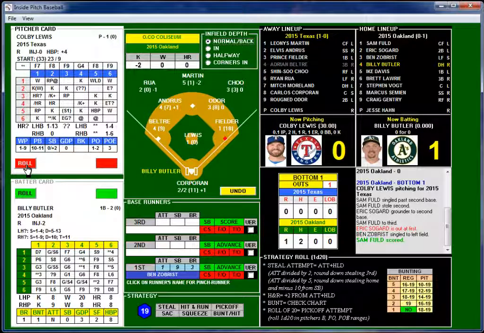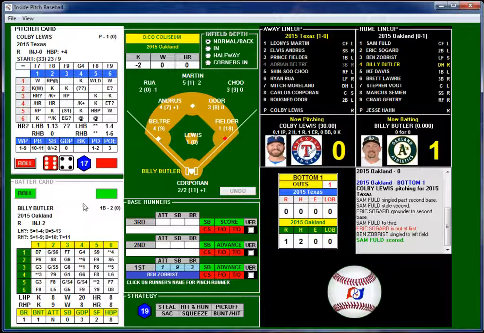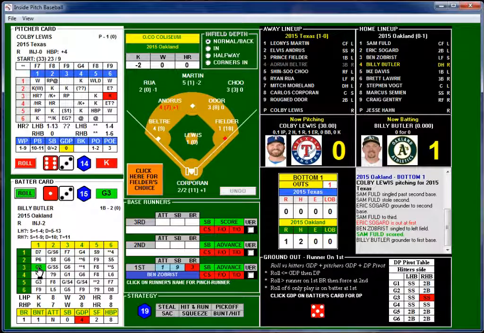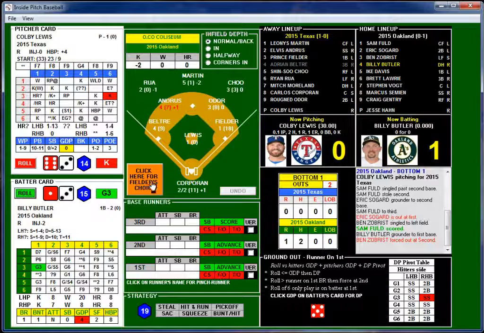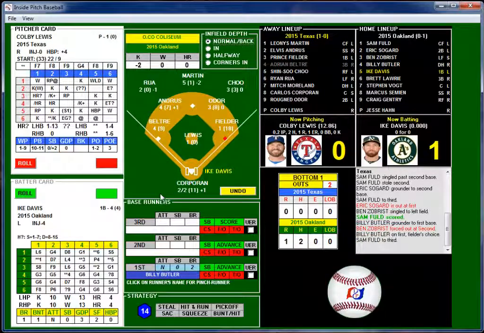And man on first. 6 and 3 is, again, no strikeout. 1-3, a ground ball to first. Trying for the double play. Nope, he is forced out. And fielder's choice. So Billy Butler able to beat out the double play.